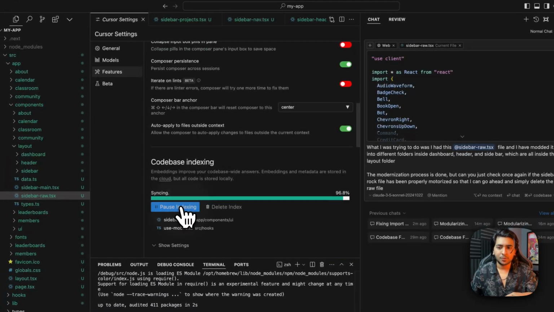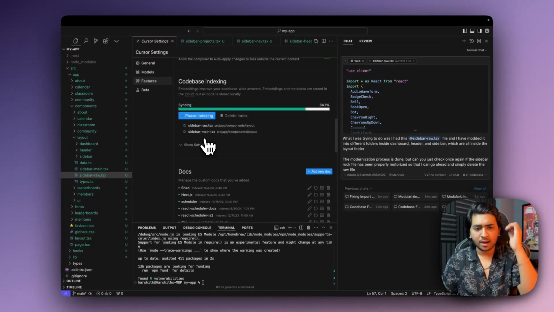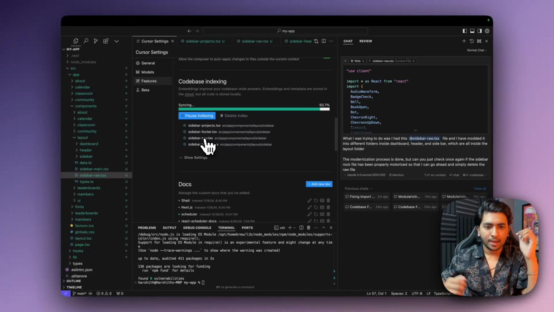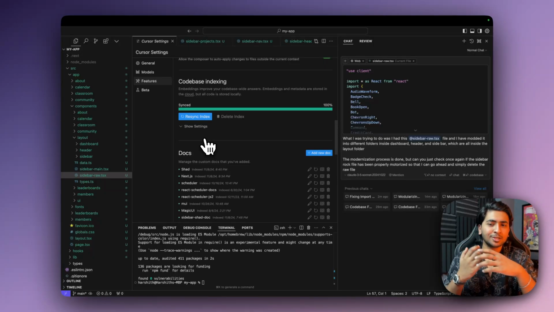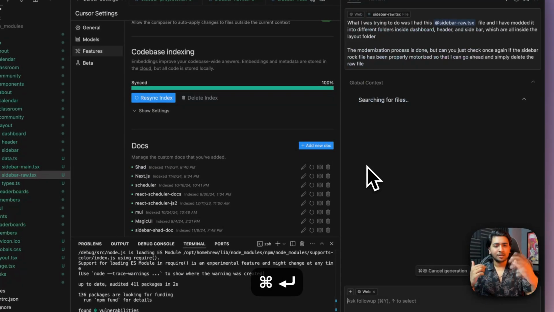Just resync the index because there were a couple of changes that we did. I think once this is done, we're good to go. We're just good to enter this. And now once you have the proper folder structure, you can just go gaga, man. You can just go wild with all the